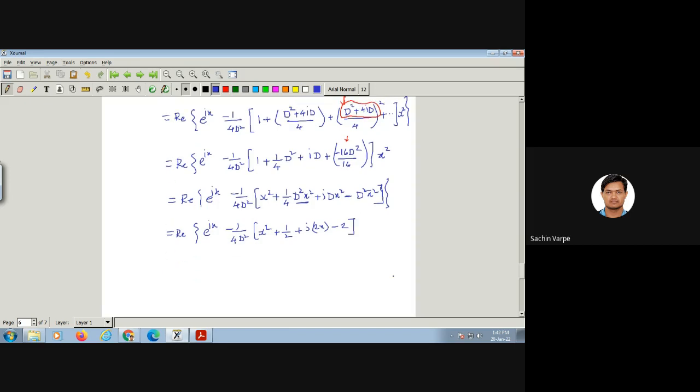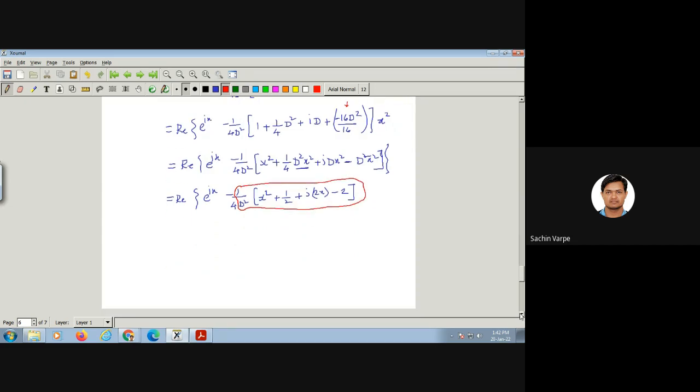ठीक है. So let us operate this 1/d onto this. तो 1/d का मीनिंग क्या है, कोई बताएगा? 1/d means integral, integration. D is the derivative, so 1/d is integration. So we integrate this, and actually it is 1/d², so we integrate 2 times. That is real part of e raised to ix, let us write this as a minus e raised to ix upon 4, 1 upon d